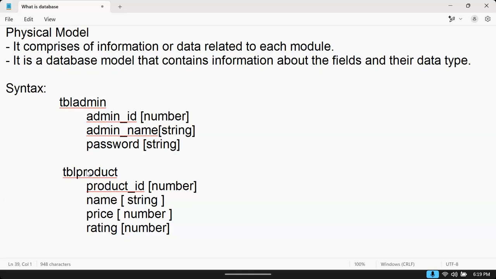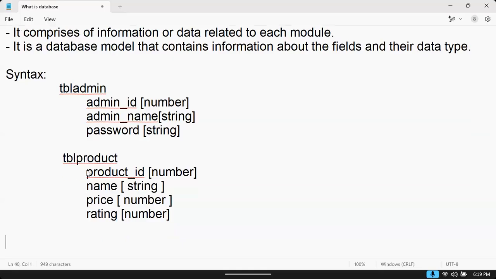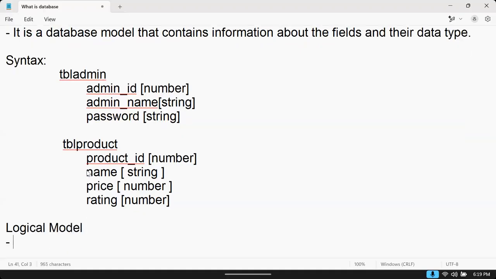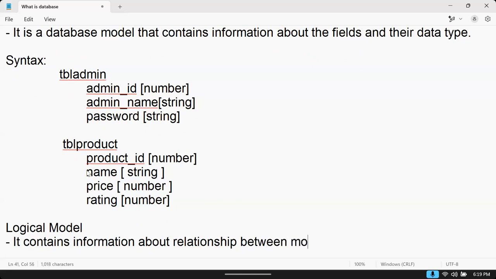And another important one is the logical model. It contains information about relationships between modules.